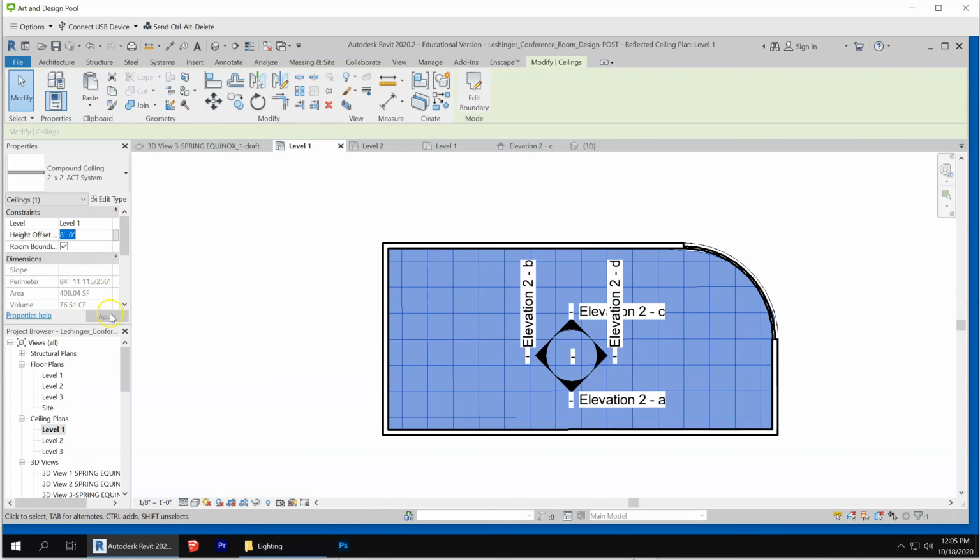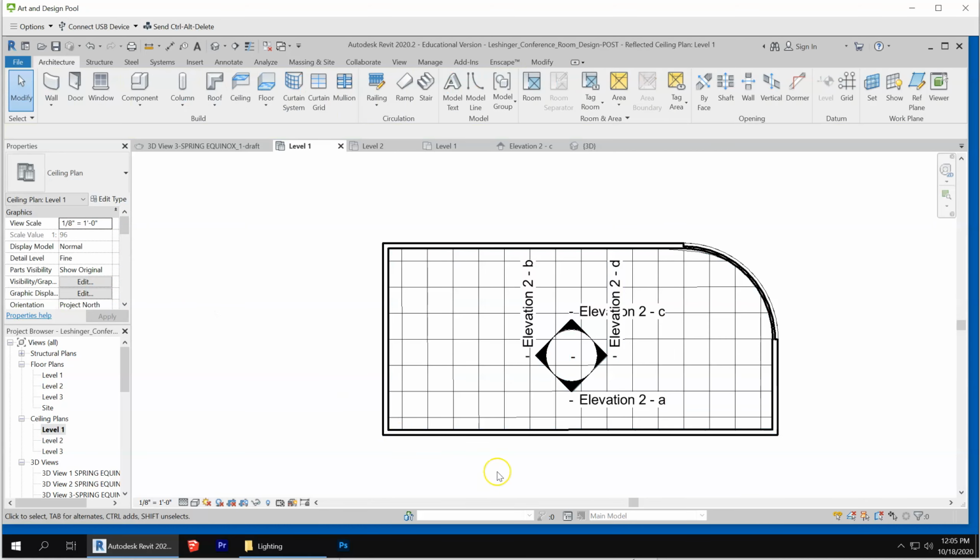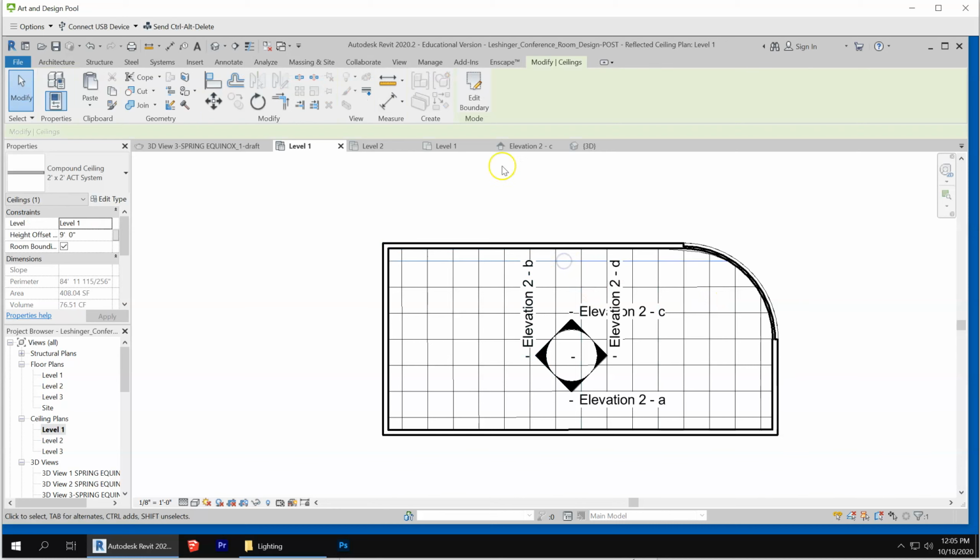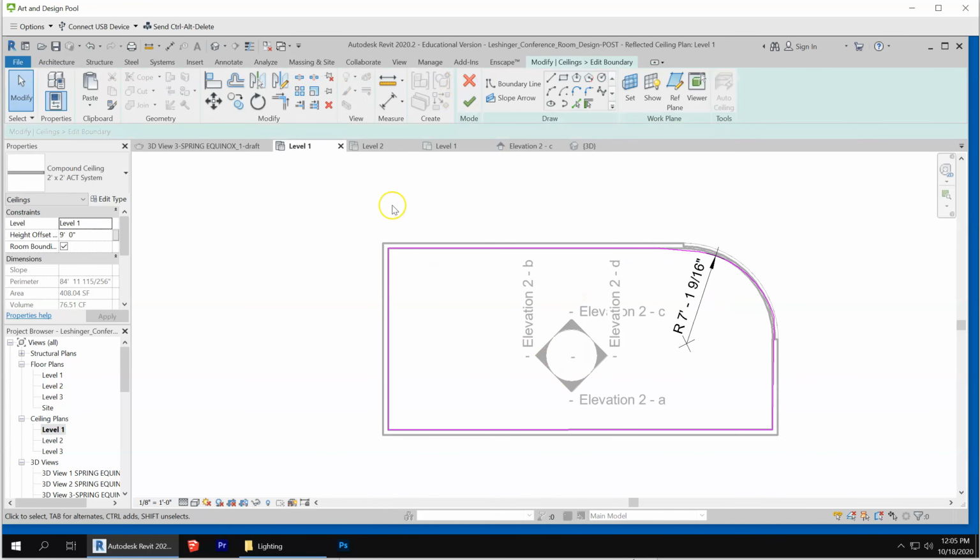The ceiling's at 8 feet. I'm going to change it to 9. Let's do a cove around all this. So we'll show you a little trick with ceilings. You can take the boundary of that ceiling,